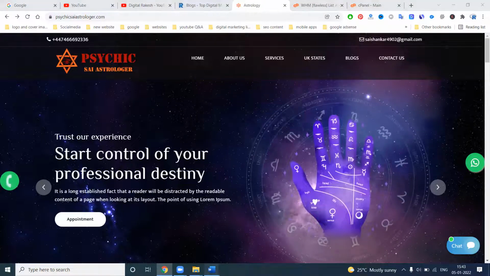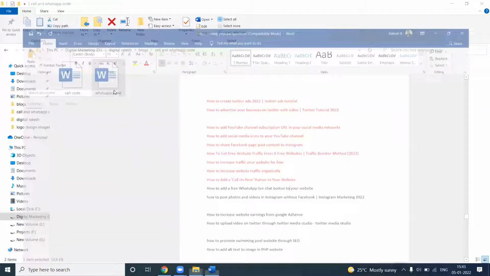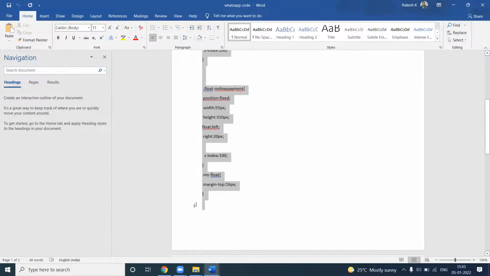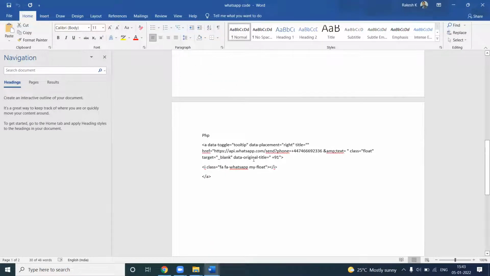For this purpose, we have a simple code, and the code is written very easily. One is the CSS format, the float code, which is nothing but a text font, and you can apply the code and everything will be here. Next one, the PHP code. The PHP code is the information we can pass to the customers. Everything they will give here itself. Okay. So right now we can give this information.